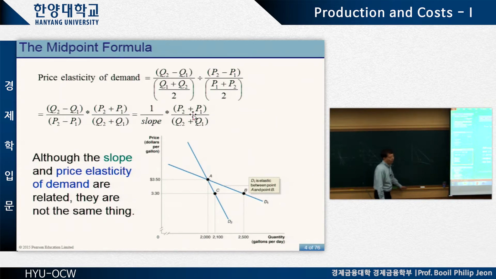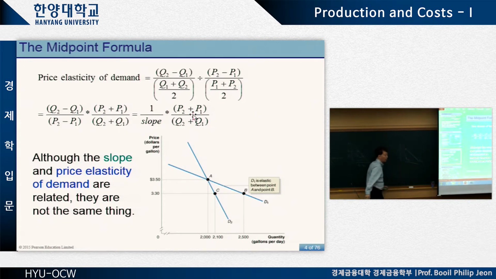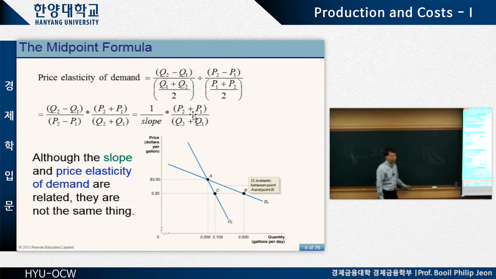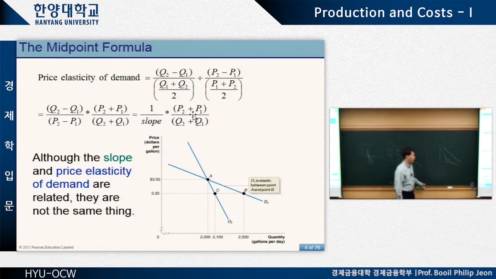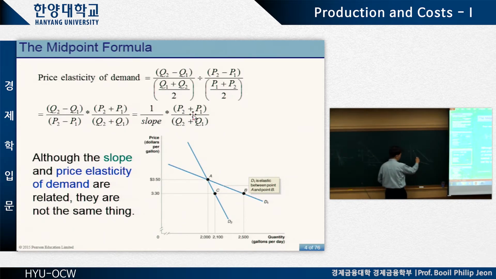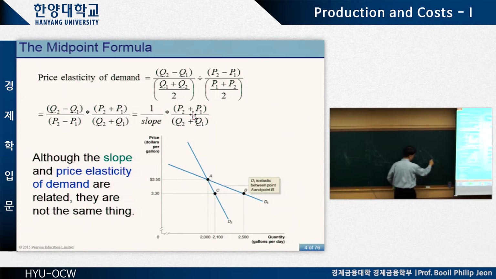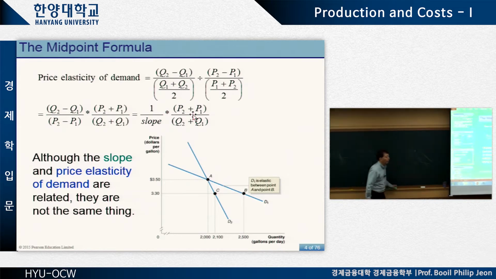If you measure the elasticity at this point for D1, and for D2 at this point, or maybe the other way around. Suppose you measure elasticity at this one, P1 and Q1, and at this point, P2 and Q2,